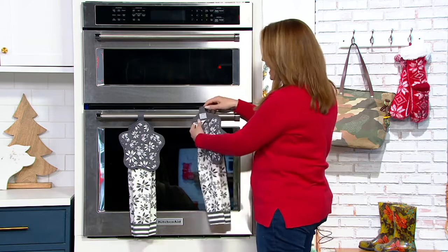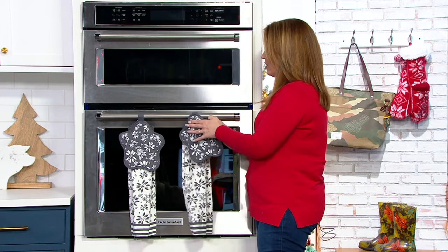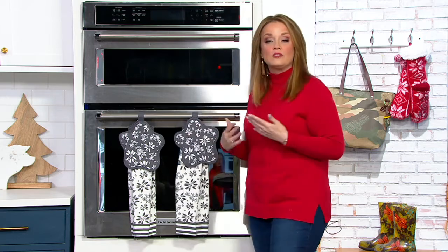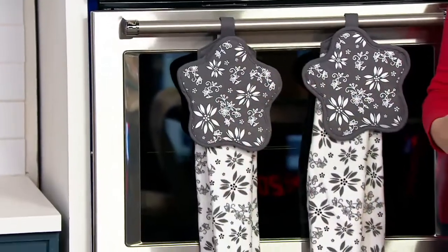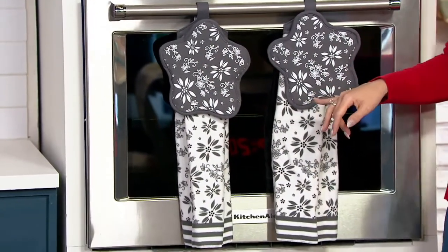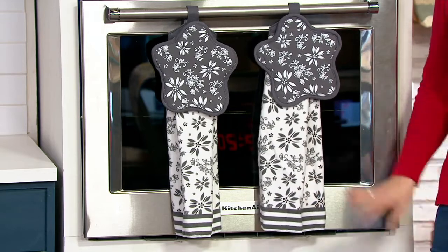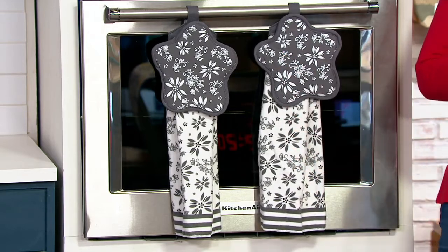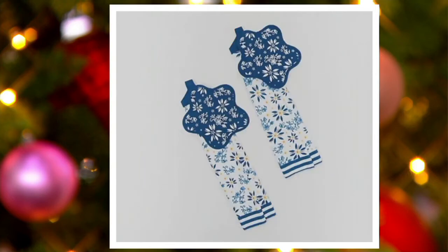But we've got 9 different colors to show, Lisa, and I love that whether you collect old world, whether you collect floral lace, whether you collect doodle-doo, patriotic, we've got lots for you. And right now, we have the gray in stock. I love the little stripes at the bottom too. I think that's just so sweet. Looks like a shooting star, doesn't it? So, so sweet. Patriotic, red, white, and blue, still available. We've also got the blue. We also have black,